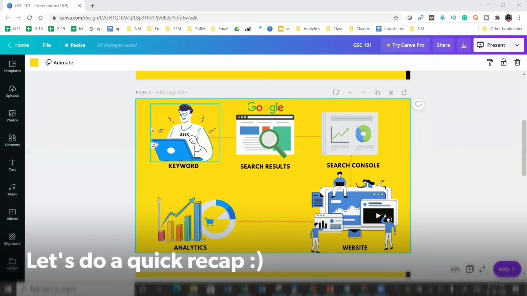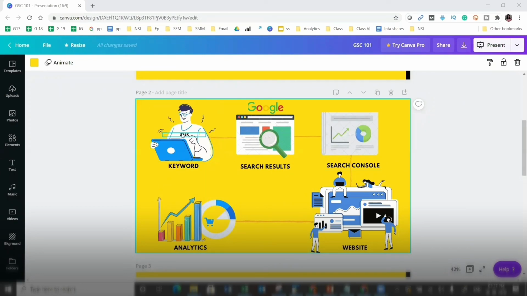We do keyword planning and we write content for our website through keyword planning. When users start looking for that information, Google fetches results. Based on how strong the work I have done on my website is, my website appears in search results. The behavior of users and search results are captured through Google Search Console. I get to see what exact search terms users are looking for, and how many impressions, clicks, and rank my website is getting.